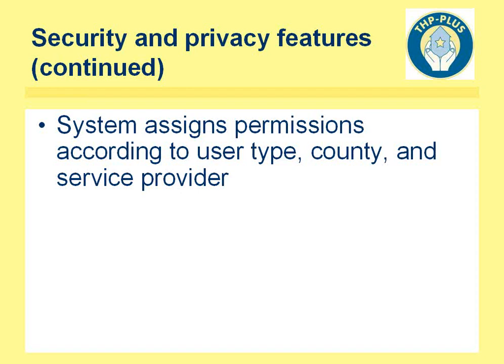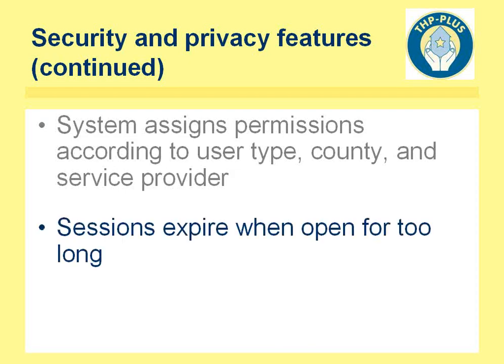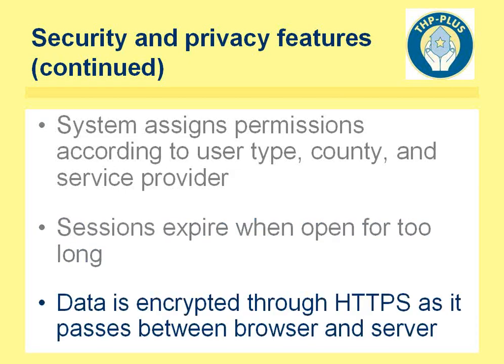Another security feature is that data is encrypted between the server and the browser using the HTTPS protocol. You may have noticed in certain applications you've used on the web, if you're going to a bank or an airline or using a credit card, for example, you'll see a little lock, usually in the lower right hand corner if you're using Firefox, for example. That means that the HTTPS protocol is being used, which just means that it's encrypted over the wire. If for any reason anybody did want to spy on the traffic between you and the server, they would not be able to.